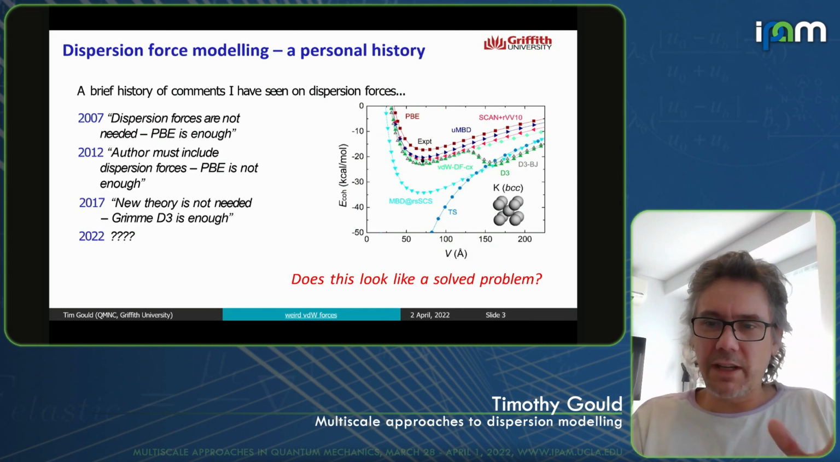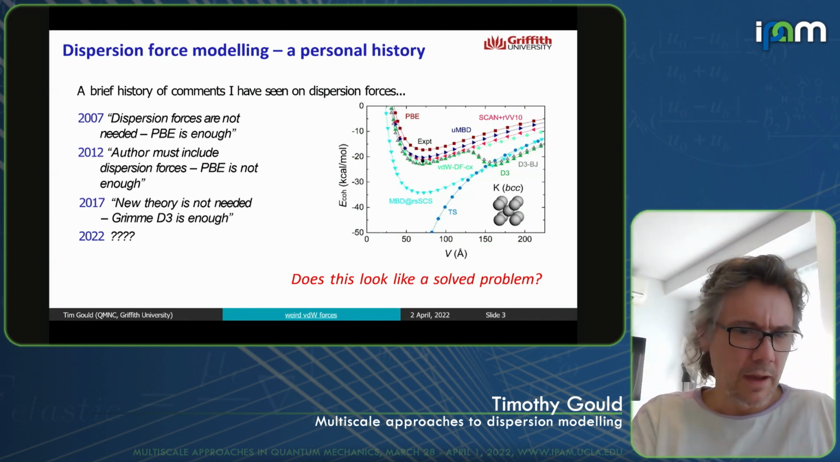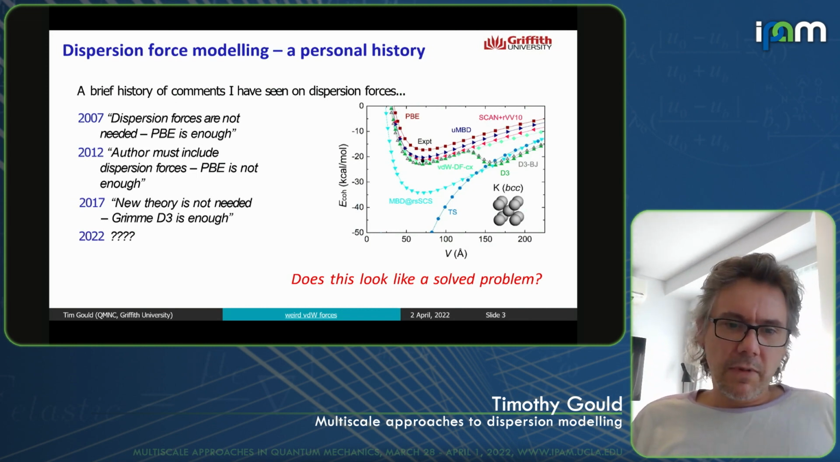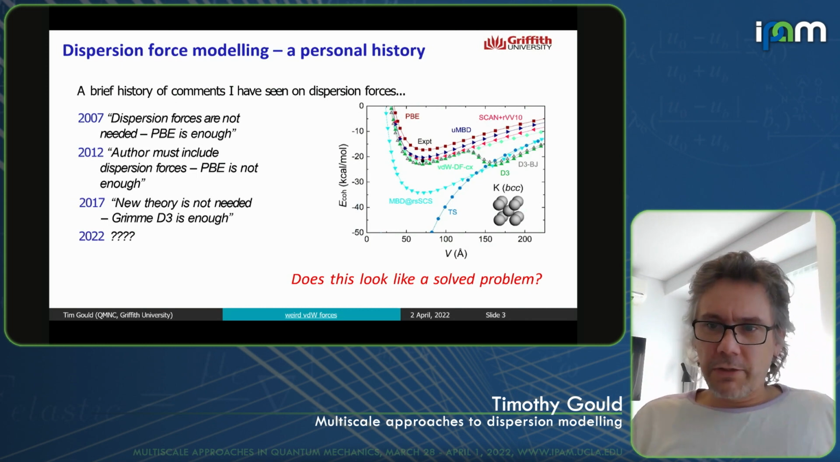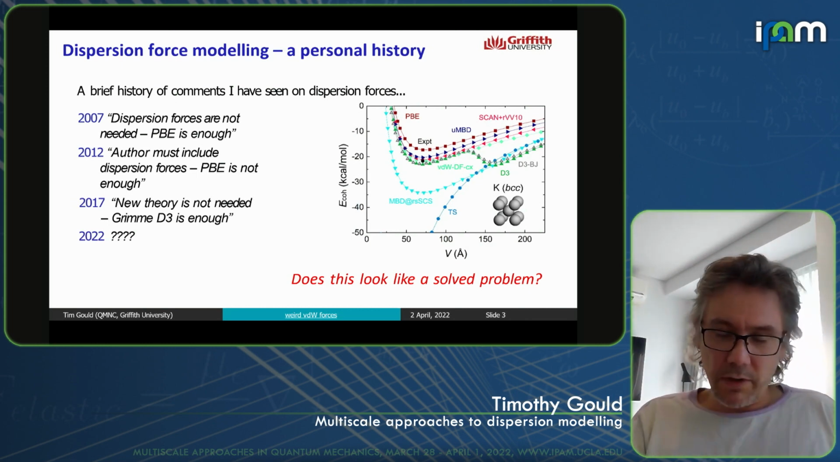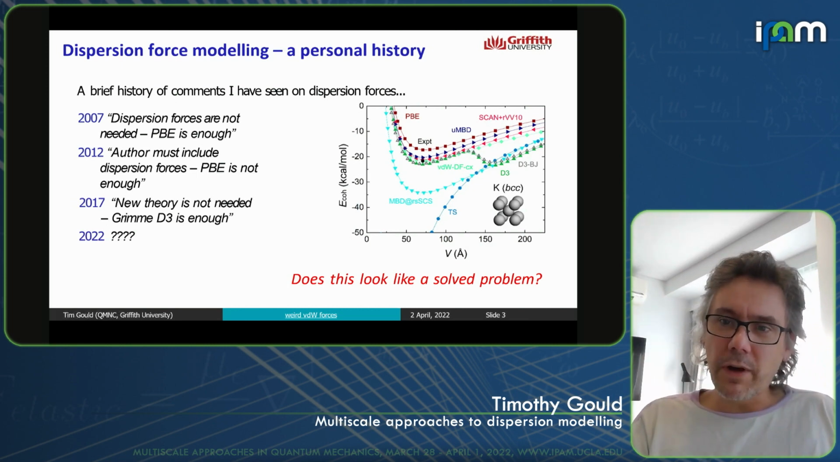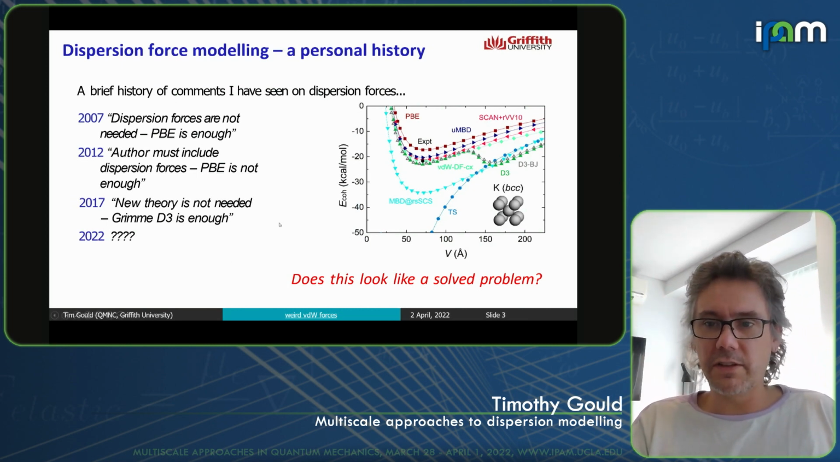By 2012, we'd seen this massive transformation in what people expected. Suddenly, you had to include dispersion forces, no matter how crap they were and how unnecessary they were for the problem. If you didn't have them, you might get criticized. By 2017, we see comments along the lines of, well, we've got the D3 correction, which is an excellent correction. I'm not going to knock it, but therefore this is enough. Well, I think we've seen enough talk so far which suggests that isn't enough. And I'm going to highlight